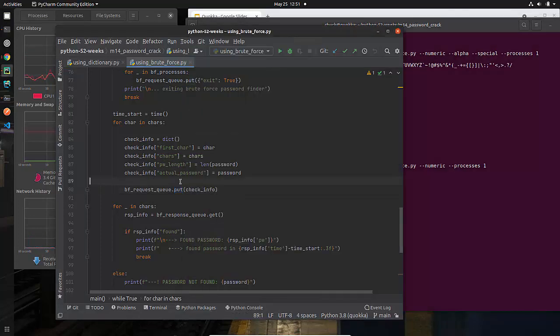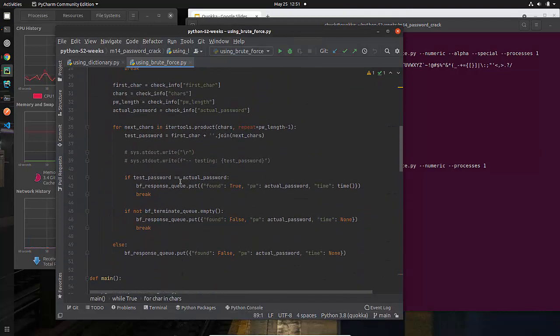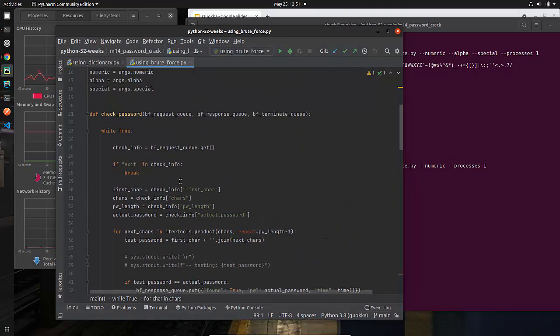How do they get pulled out of the queue? They get pulled out of the queue, as you see right here. This is my request queue. It got passed into me when I got started. I'm looping here forever or until I exit. The way you get something is you do a get. And pretty simply, I get the data right here.